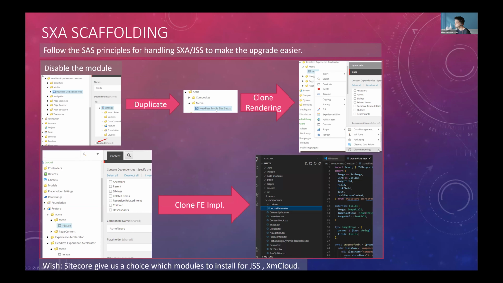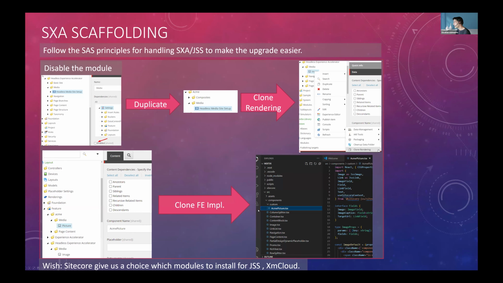I duplicated that module, and then I used the clone rendering, in this example for the image component, to create my modules. And here in this picture, you can see I named it picture instead of the image, which I come back to in the next slide.